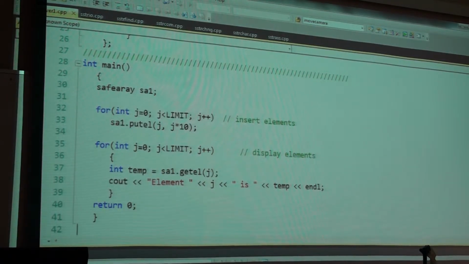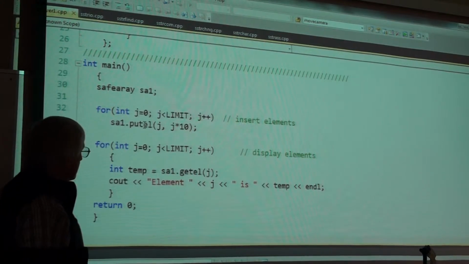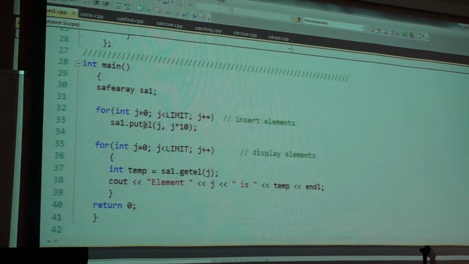Safe array says, okay, I want you to put an element into safe array, into SA1, into that object. I want to put in the jth element, I want to put j times 10. Stuff it in there. That is an example of a setter.